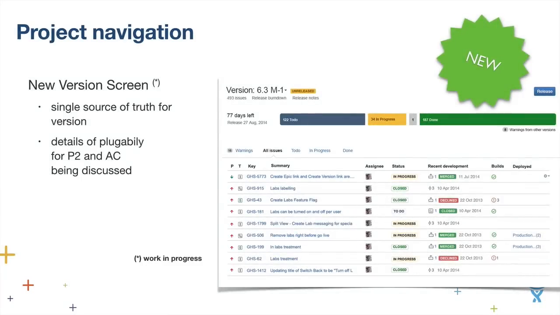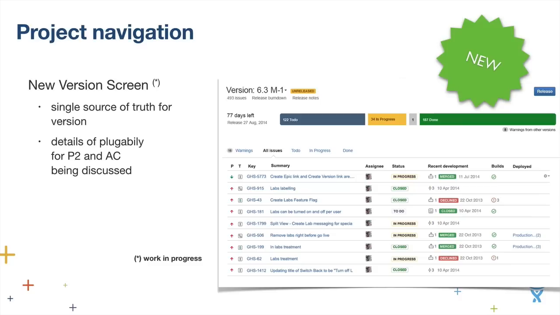Finally, something that you have also seen during the keynote yesterday is the new version page. What you see here on the screen is one of the mock-ups that we have built on the way to actually develop this solution. Do not attach to the way how it looks and feels. It's probably going to change before we actually make it into the final release. It's actually going to hit the labs as an experimental feature on the cloud pretty soon.